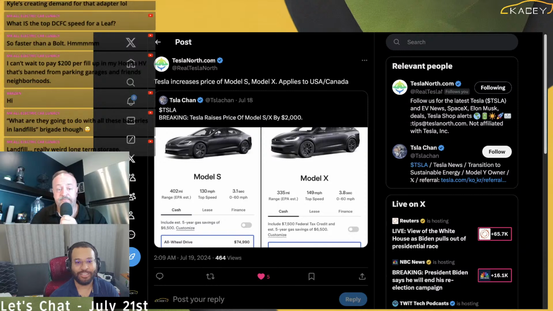Yeah. And right on the tails of them giving us that discount with FSD, they raised the price of the Model S and X by $2,000. And what do you make of that? Like I keep saying, if they have what you want now, get it now, because something will change for the better or for the worse. But why did it go up? Why'd it go up? Yeah, that's a good question.